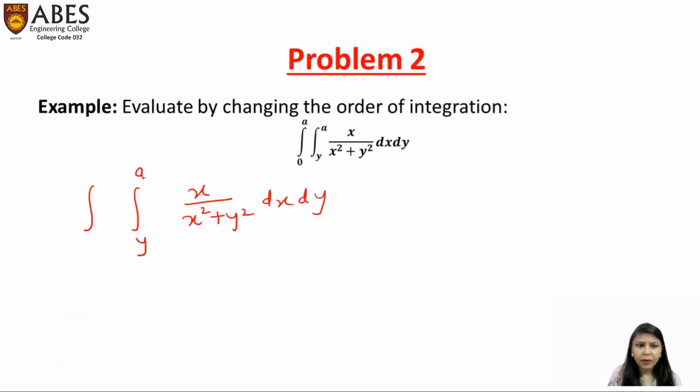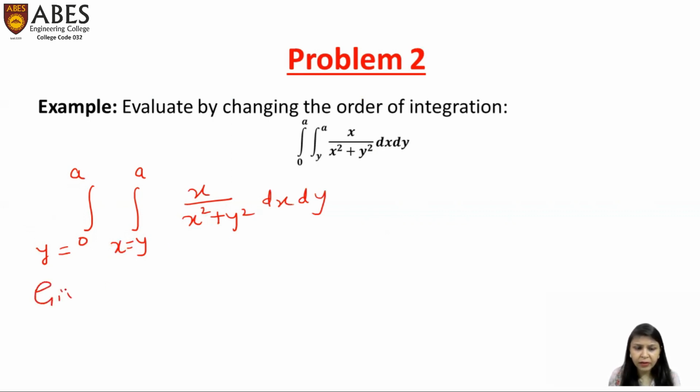Okay. So if this limit is given in terms of y, we know this is the limit of x and the other one is the limit of y. Whenever you see that the integration limit is in the form of y, that limit will always be of x, and if the limit is given in terms of x, then that limit will be of y. So for this,